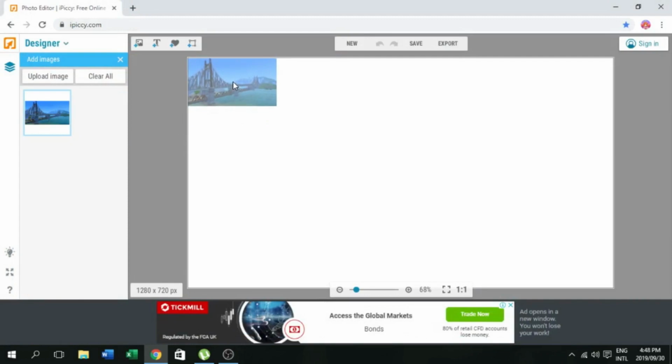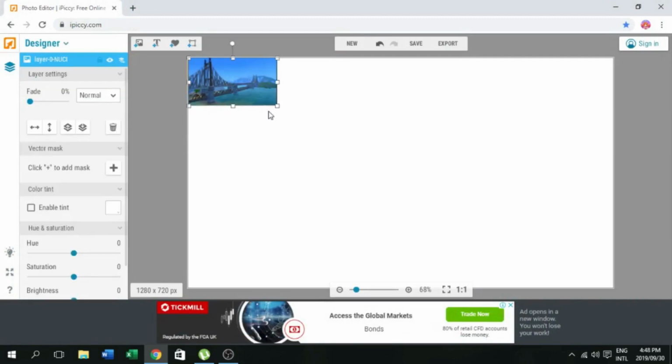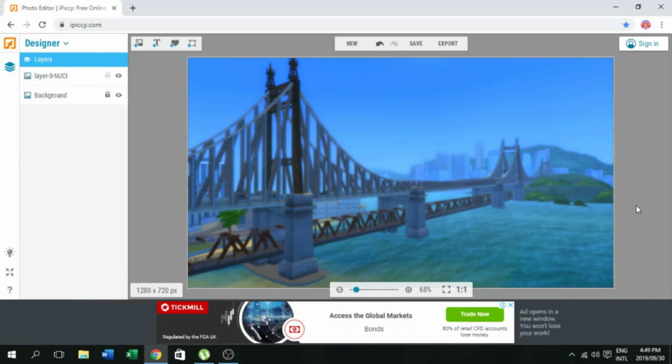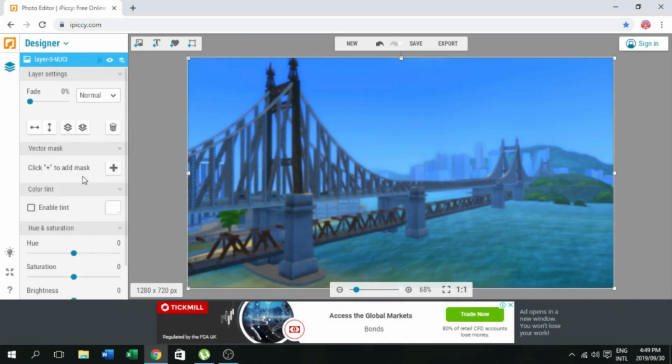So I'm taking this little picture that I took in San Myshuno, and I am just putting it like that. Then I'm just gonna drag it out to fit the frame, and it's very easy, guys. It's very user friendly. I love iPiccy. So I am going to then click on the image, and then it's going to give me a lot of